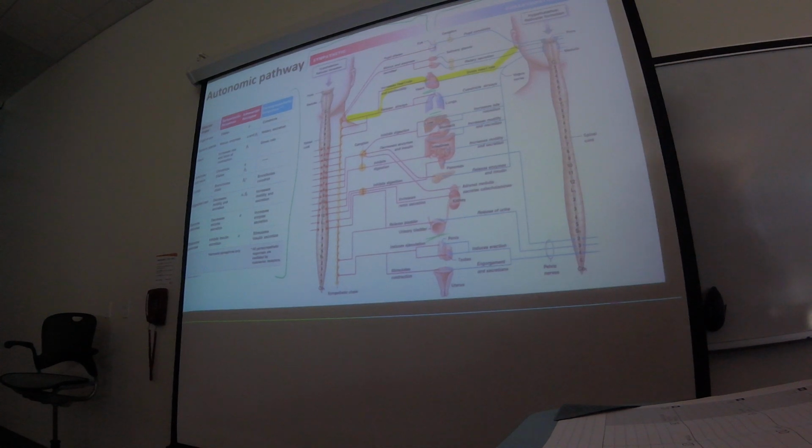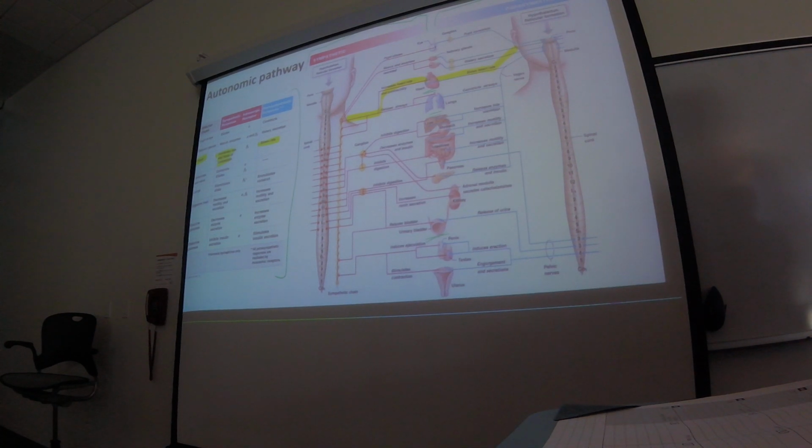Because think about what the jobs are, right? The sympathetic system is supposed to put you in this fight or flight state, while the parasympathetic system is trying to relax you, trying to make you conserve energy, right? So if you look at the heart here, the sympathetic response is to increase heart rate and the force of contraction. That makes sense, right? You have to exercise, so you need that heart rate to increase. You need the force of contraction to increase that blood pressure. But then the parasympathetic response here is just to slow the heart rate, right? So the sympathetic is going to increase the heart rate, while the parasympathetic is going to decrease the heart rate. And so these are